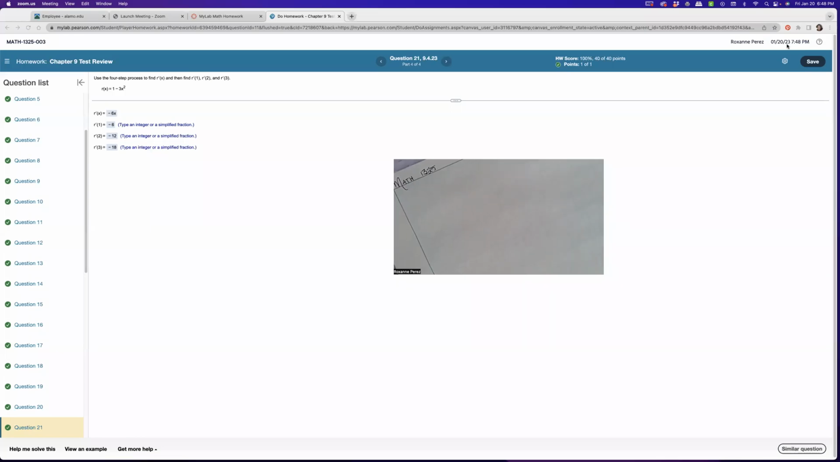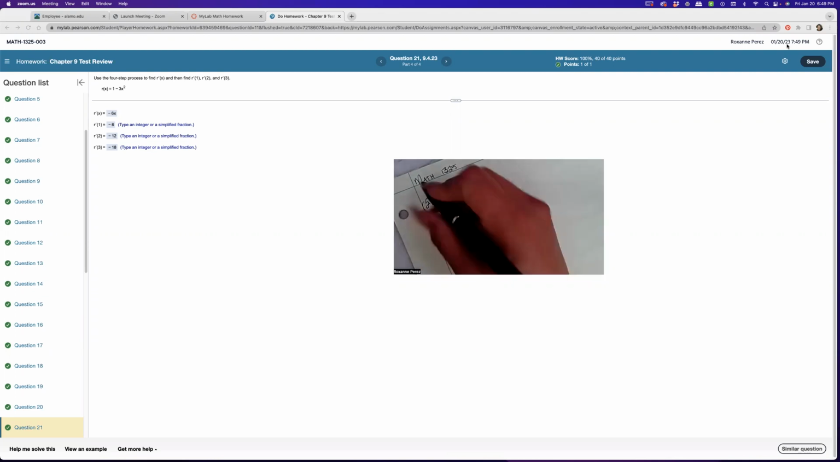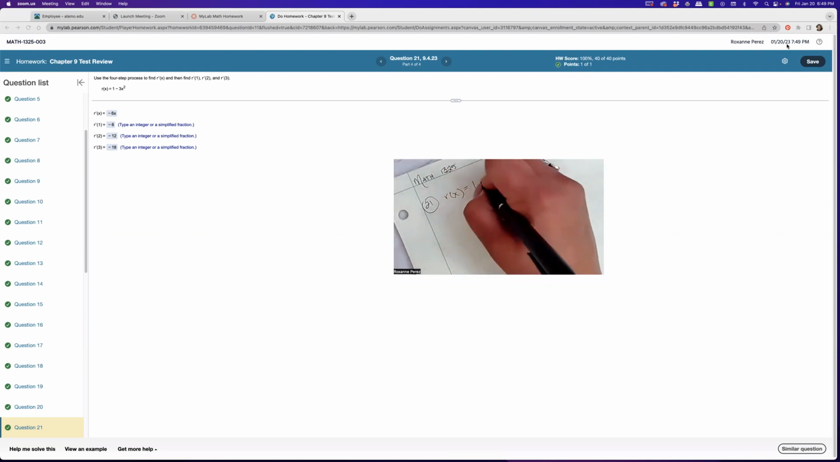Okay, let's move on to question 21. Again, we're going to find the first derivative of the function r of x, and then we'll evaluate the first derivative at 1, 2, and 3. So the original function r of x is equal to 1 minus 3x